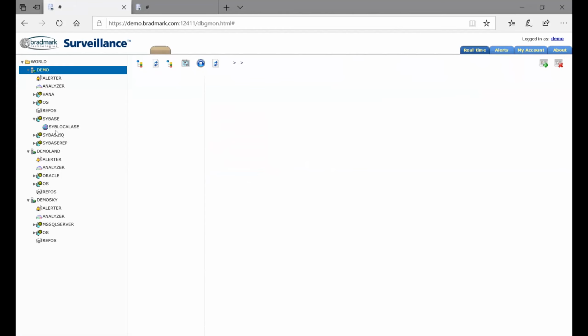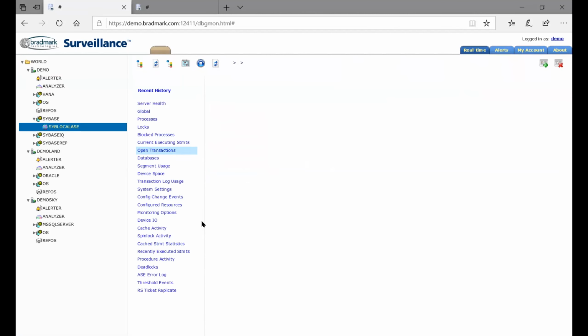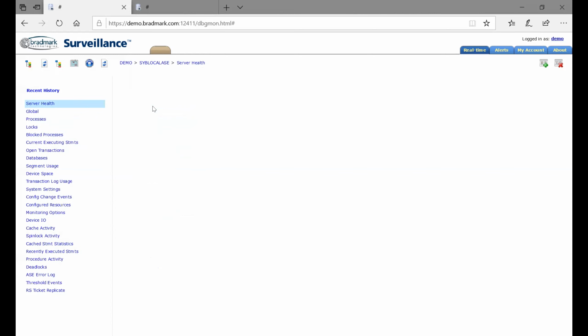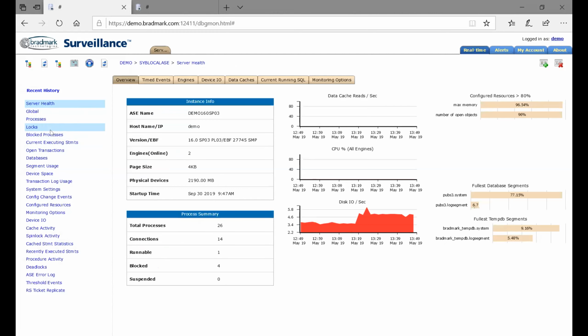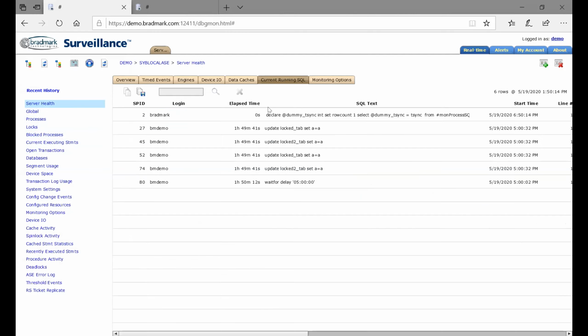Over here on the demo site, we're running ASE, and we have all of our different real-time windows available for ASE. So we can bring up our health window, for example. Of course, we have a lot of different areas that are available, the health, some global statistics, processes that are out there currently running SQL. Here we have an overall health view of what's going on with the disk I/O. We've been having a little bit more activity in the past hour. CPU, at least on disk-wise, we have CPU items. We can see it currently running SQL out here.